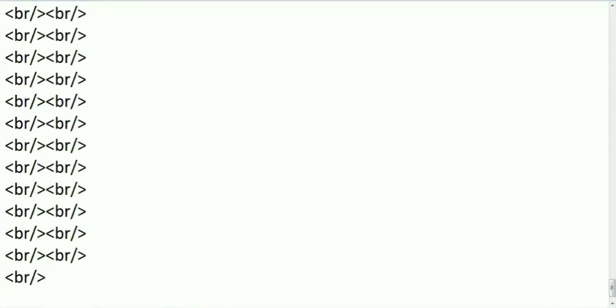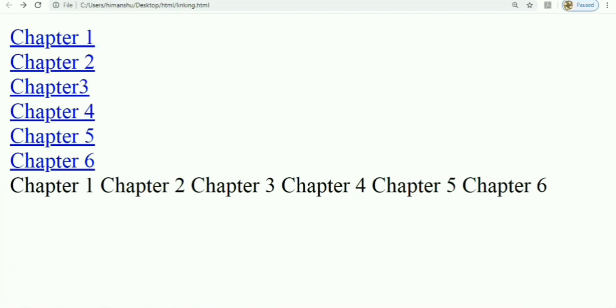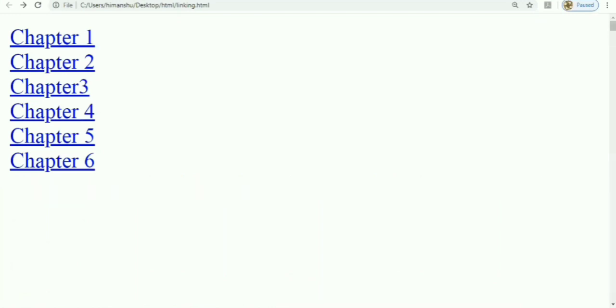Now what I need to do is refresh the page. So here you can see my web page is this much long now. Now I have used blank spaces, but there would be some text in that case. We are assuming that there is all chapter 3 content, all chapter 4 content. In that content, the user would need to navigate this way.